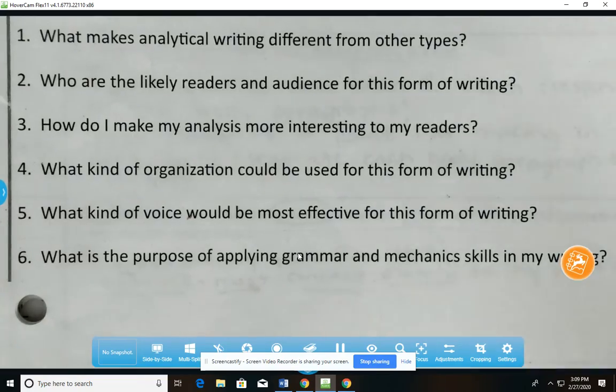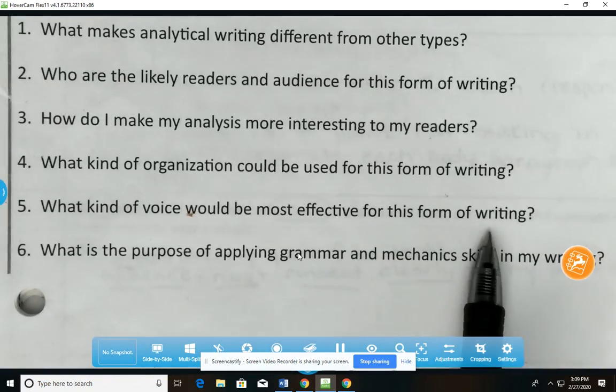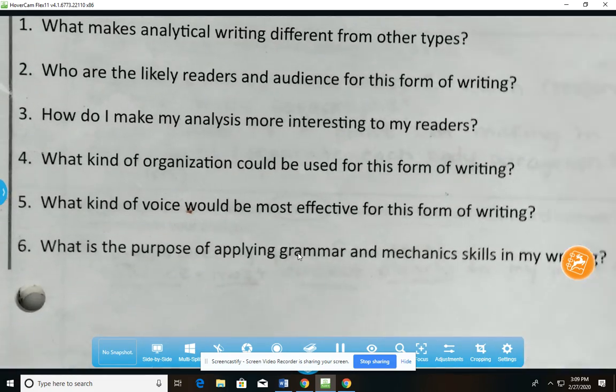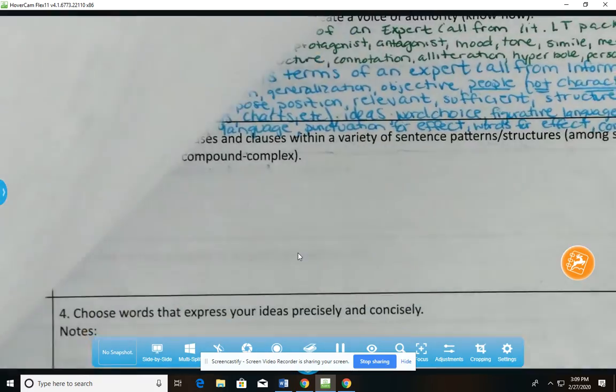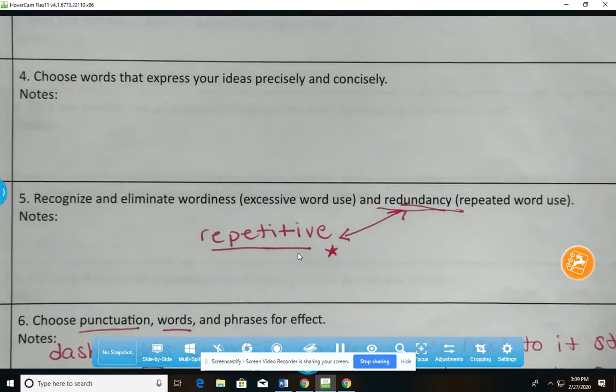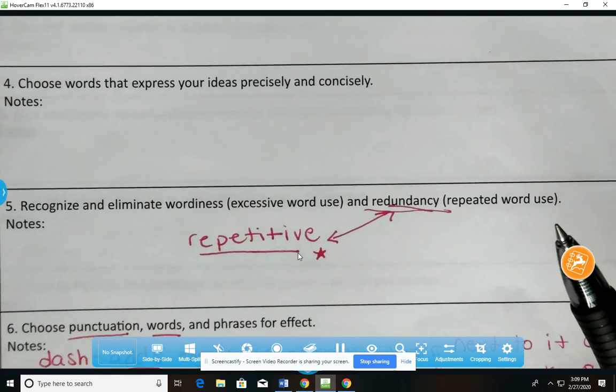Hello, today we're looking at learning or essential question number 5. What kind of voice will be most effective in this writing? We're in the style section of our learning target packet. So please date today's date, style number 5, to recognize and eliminate wordiness, excessive word use, and redundancy, repeated word